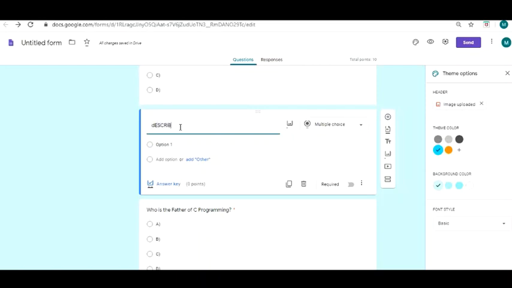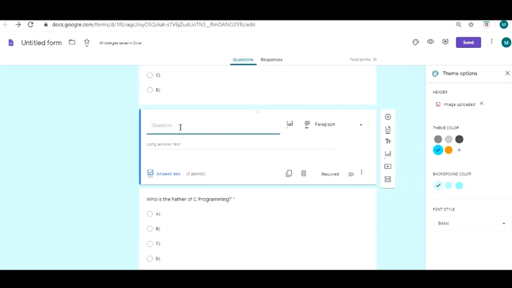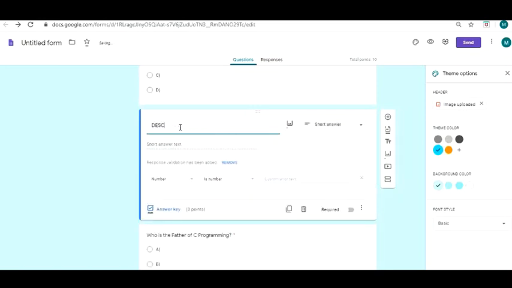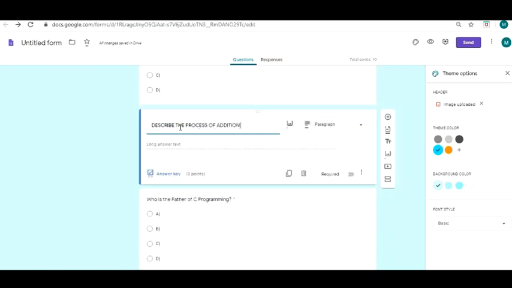Describe the process of addition in an ALU. Now this is going to be a long answer question, or maybe more than one line. So you could either have it as a short answer or you could have it as a paragraph.